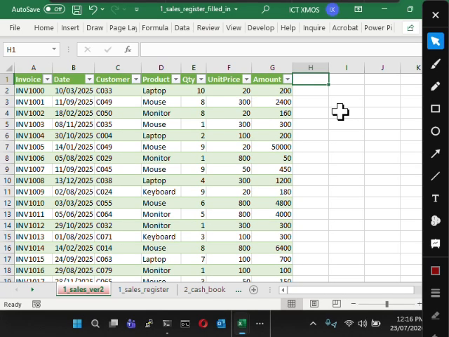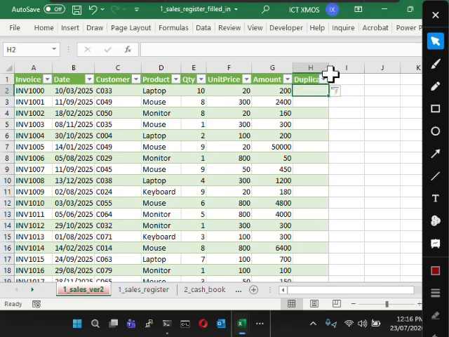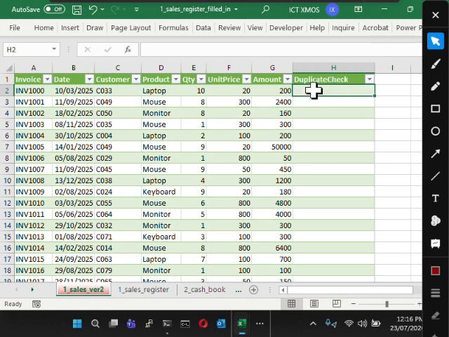Count ifs. So first of all, what we'll do is the duplicate check. Then we enter the formula. Now we are going to use the invoice and the customer as our check. So let's see, equal to COUNTIFS,